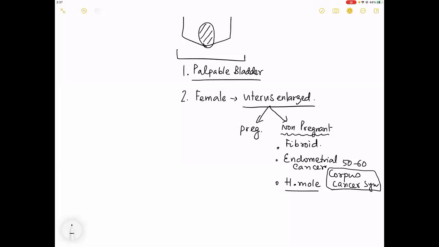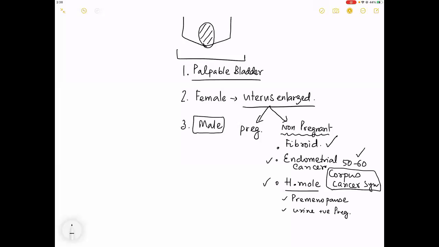Non-pregnant causes of a palpable uterus: fibroid or lymphomas. Cancers of the uterus present with postmenopausal bleeding. Hydatiform mole presents in premenopause, with urine which tests positive for pregnancy. So you thought this is a pregnancy until your ultrasound tells you, oh my God, this is not a pregnancy, but a very bad kind of cancer called hydatiform mole. Complete.